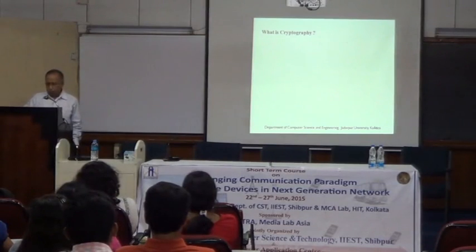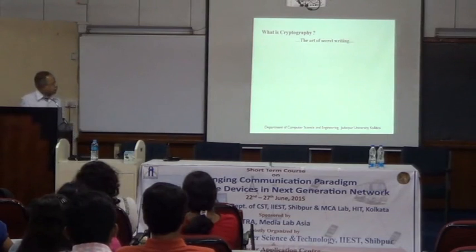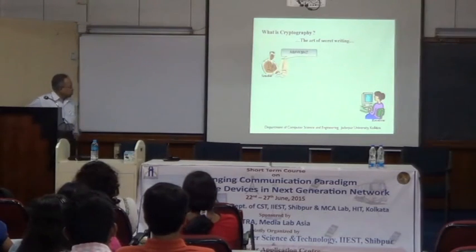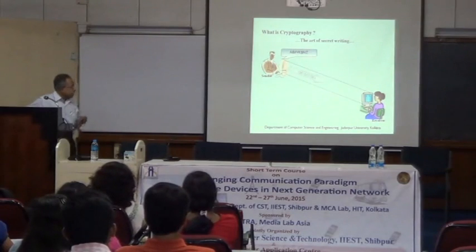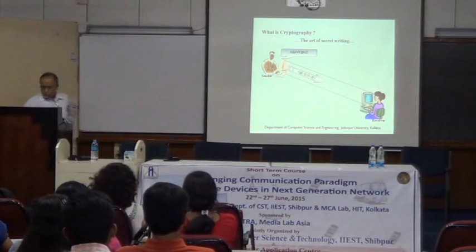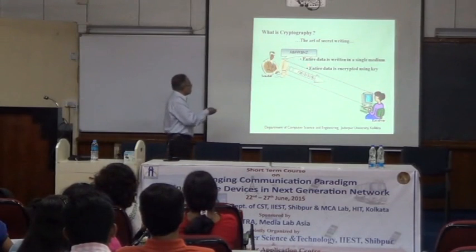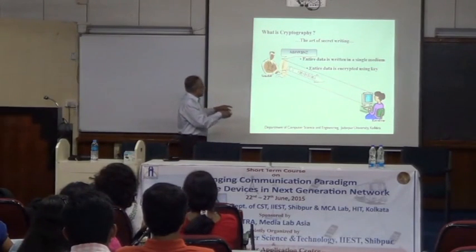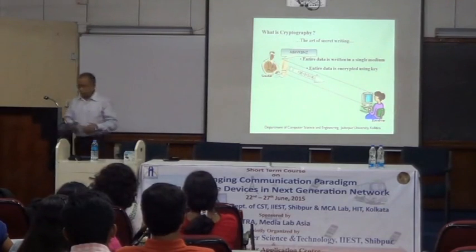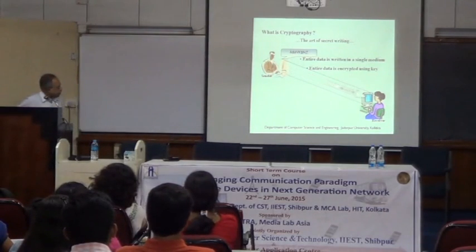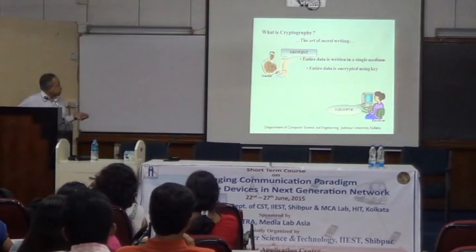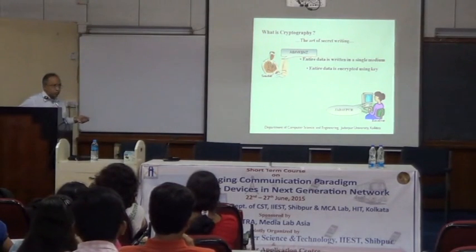Why shared cryptography? What is cryptography? The art of secret writing. We have one sender and receiver, and with the sender and receiver we share a key. The entire data is written in a single medium. It comes as a single medium. This is encrypted, comes in digital form, and the entire thing is encrypted using a single key. It comes to the receiver. She decodes it and gets Jadu. So obviously, from this you cannot guess it is Jadu.